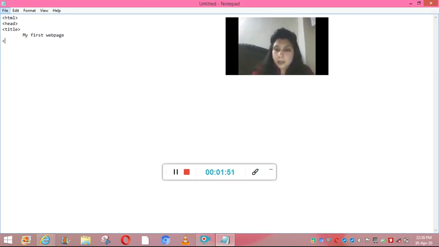Now this is a container tag, that's why I need to close this tag, and whenever we are closing a tag, we have to put a /. So we will write /title. So this tag has been closed. Now we have to close the head tag also. So we will close it like this.